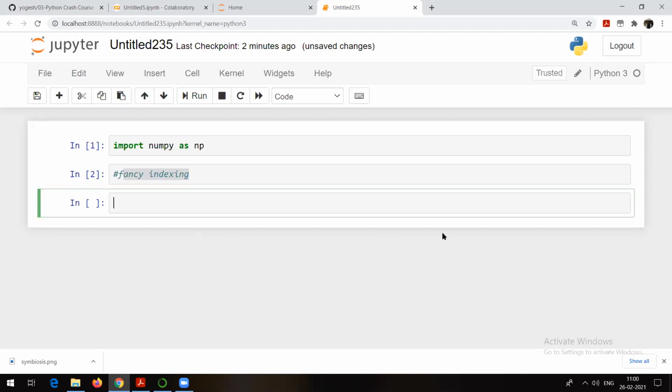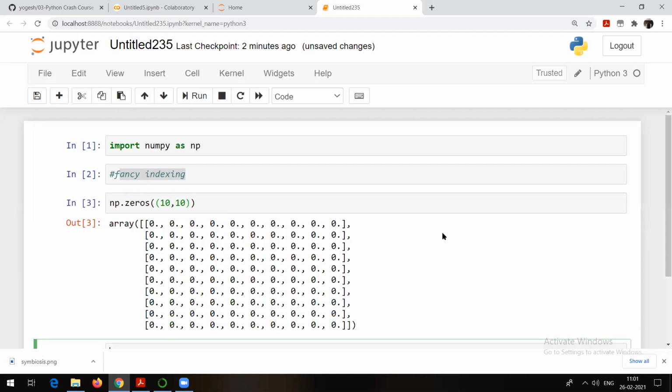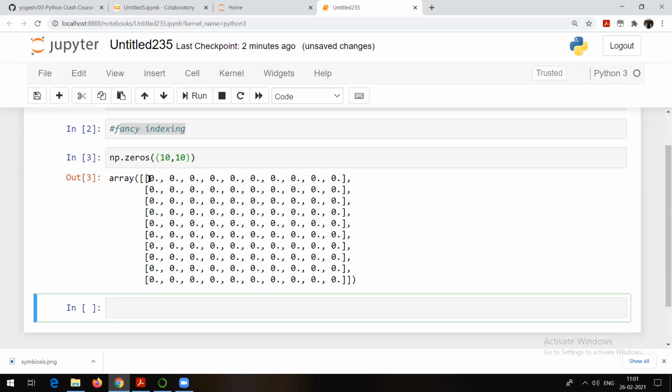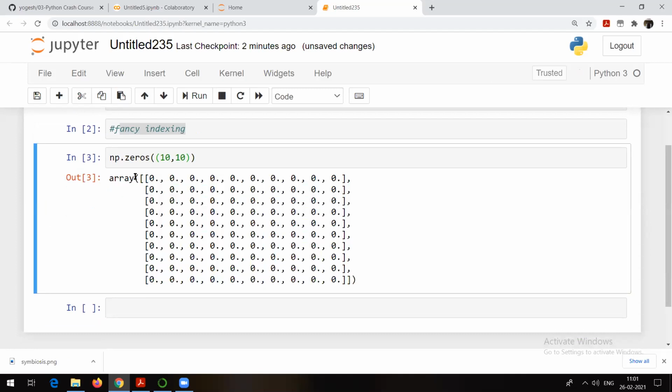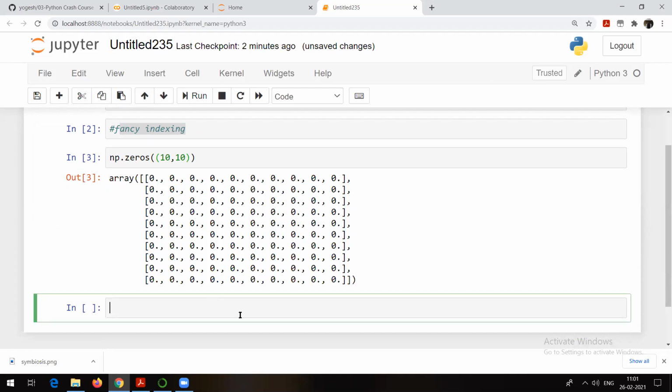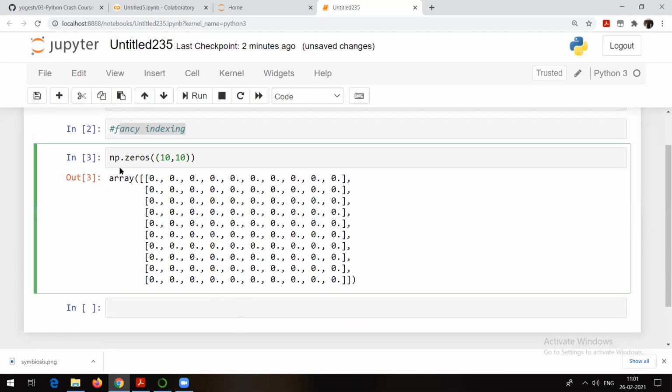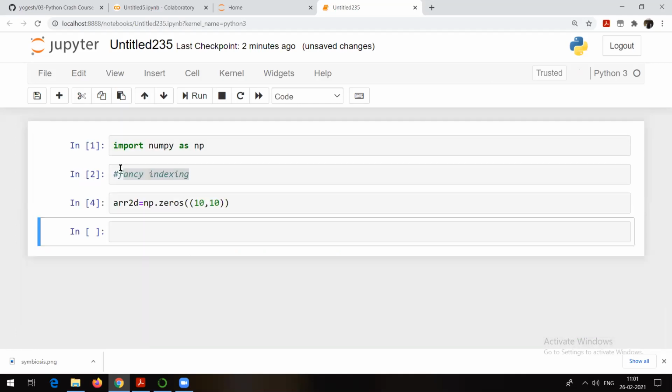Right? Suppose let me create an array. Suppose np dot zeros, you know what it does. It is going to create an array of zeros. But here I want to create a two-dimensional matrix. So what I can do is np dot zeros of 10 by 10. What it is going to do is create an array of 100 zeros. You can see, right? This is a two-dimensional matrix, starting with two square brackets and ending with two square brackets. So I will assign this to the variable arr2,